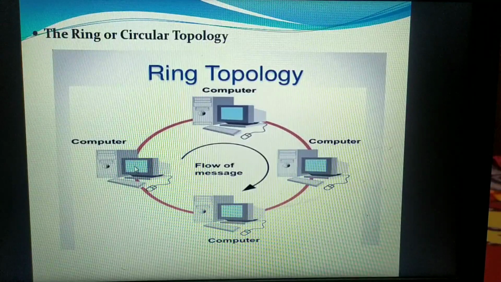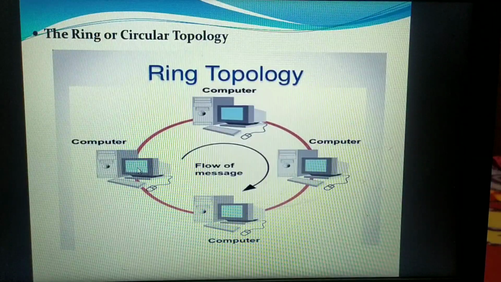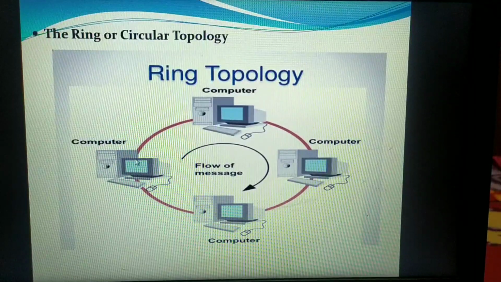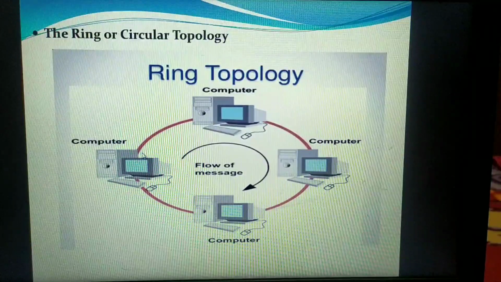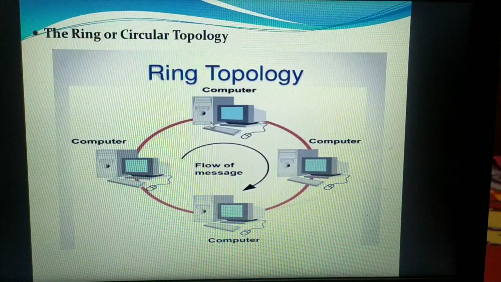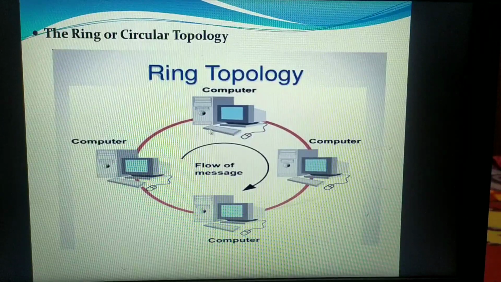When the data packet arrives here, this node's IP address and the destination IP address on your packet will match. Obviously that data packet will be copied to the destination, and then a copy of your data packet will undergo amplification, and finally reach the sender node, and the sender node will discard that packet from your network. This is how exactly the ring topology works. I hope it is clearly understood. With one more example if I need to explain.